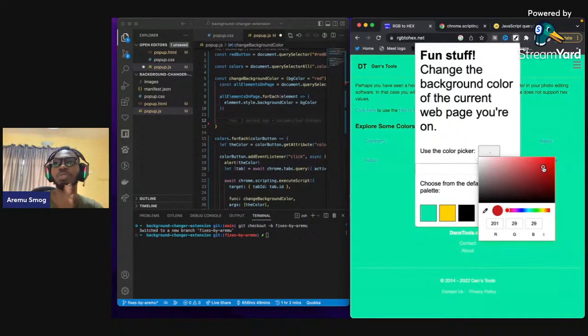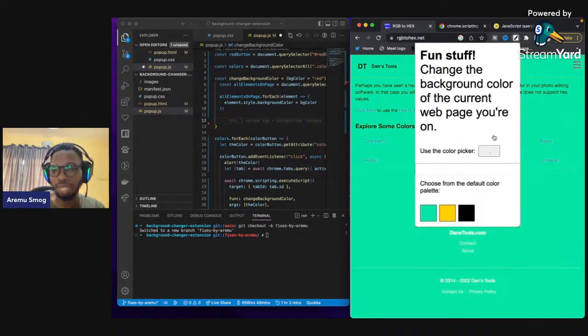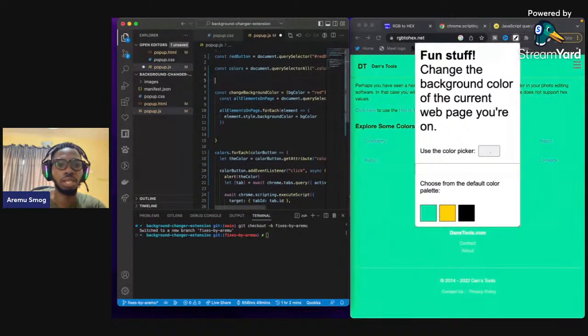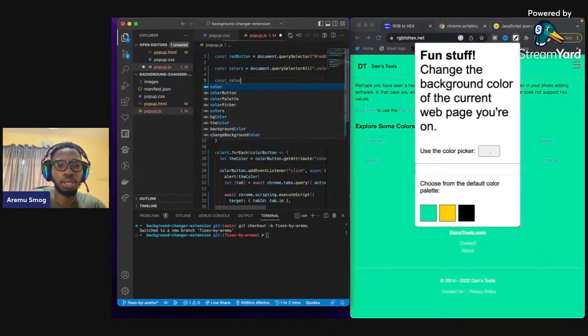Should I try and attempt to do that, or should we do a part two of this live stream, or should I just go and enjoy life? I think I'm willing to give it a shot. So disclaimer: I've never worked with a color picker before in HTML, so I'm just trying to give this a shot. So I'm going to say const color picker